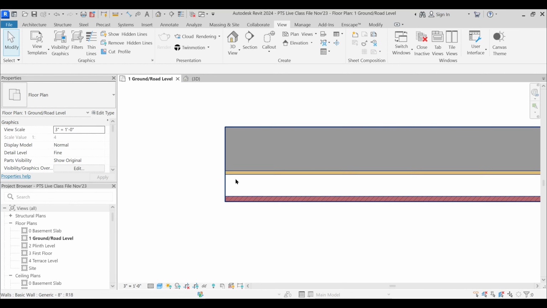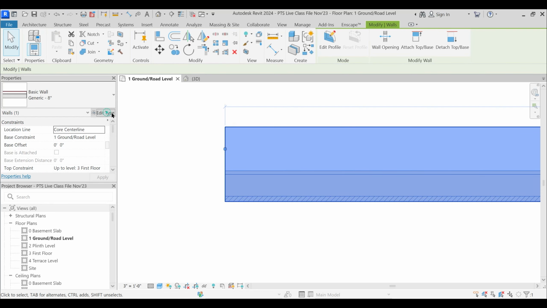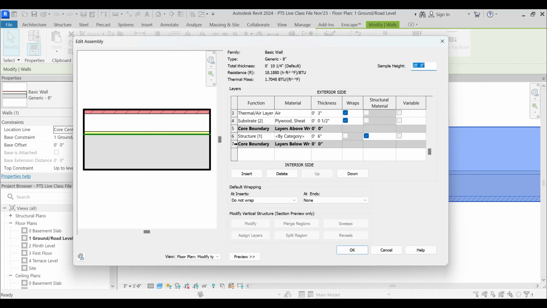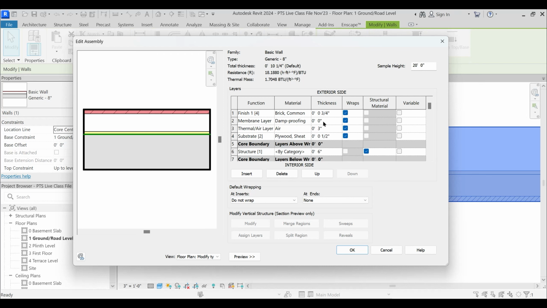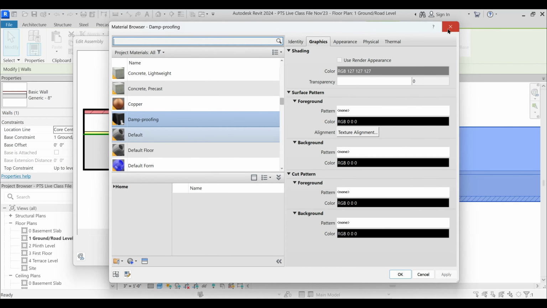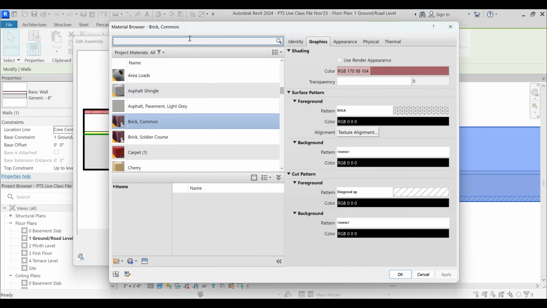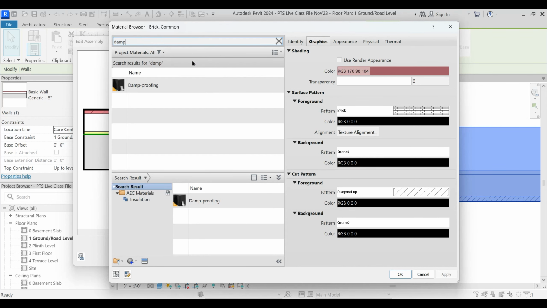And so far we have done this. Okay, so now what I'm going to do is edit type and go to edit, and now I'm going to click this and go to insert. So it has added one more layer, but that is between two core boundaries. So I will press down and change this to membrane. Okay, here also let's provide a membrane layer, and the same material, or let's provide a different material. But anyway, that has zero thickness, so it doesn't make any difference.